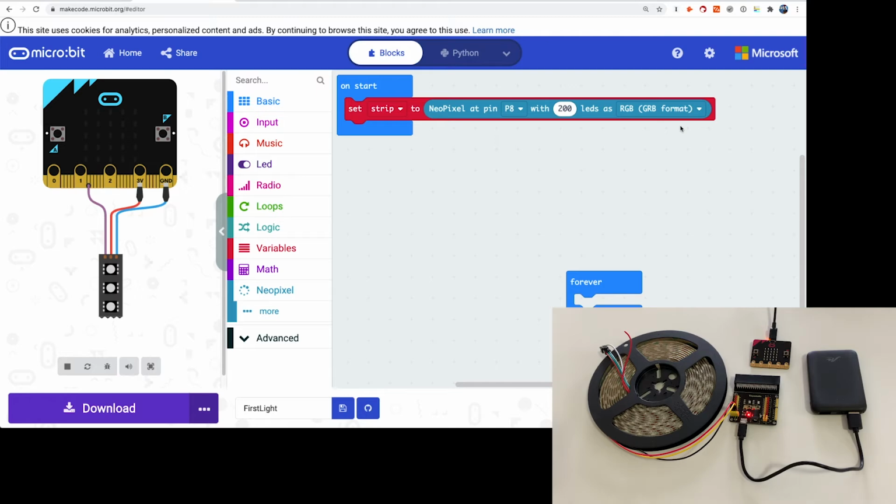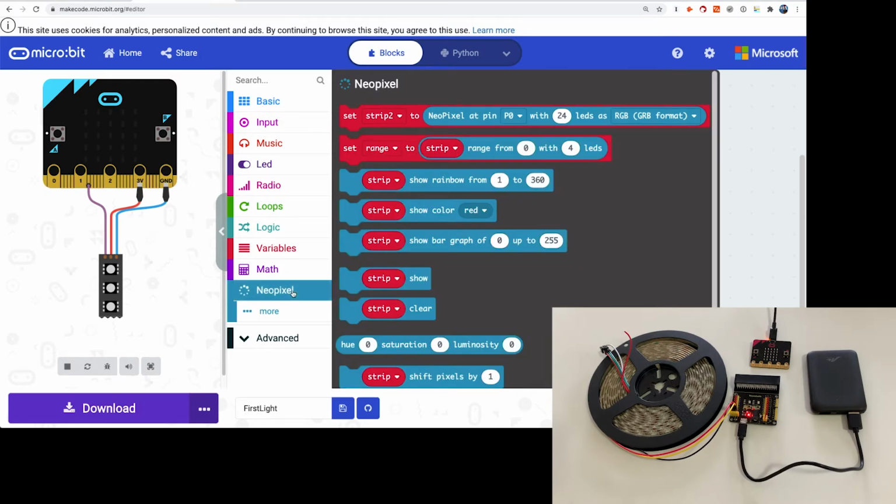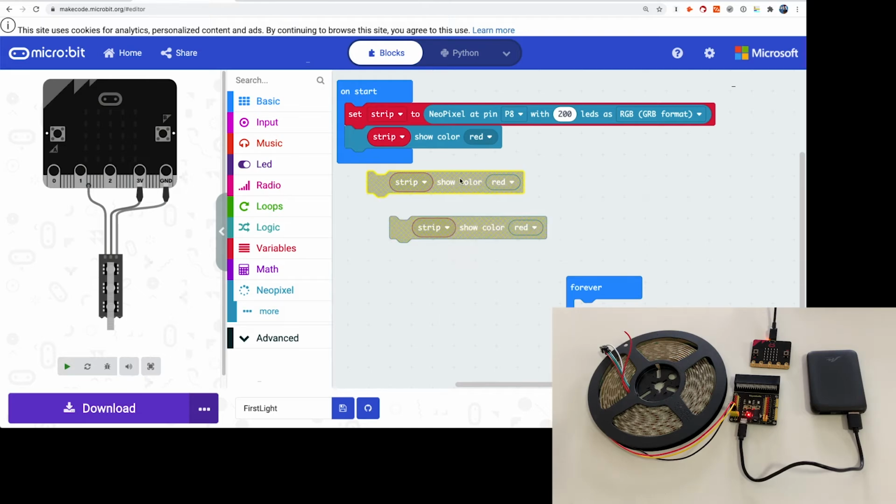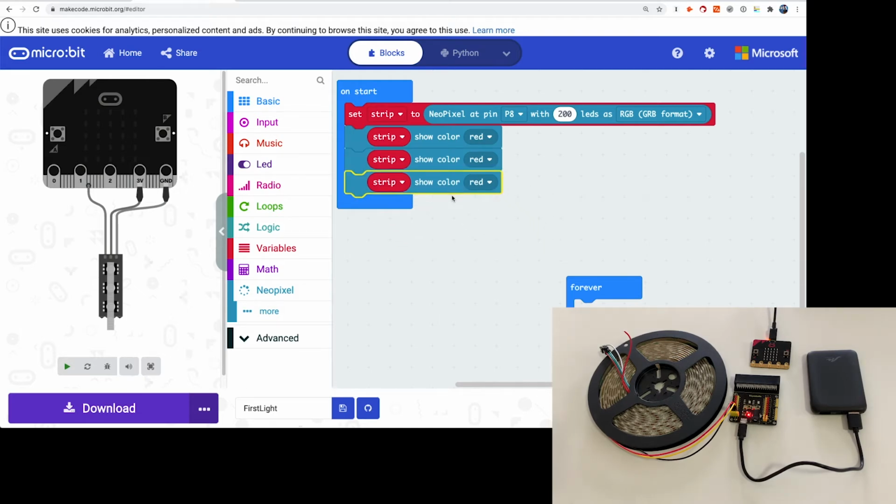Now, for a first time running this, just to see that our LEDs are hooked up and to do something basic, let's set up a startup flashing of a few colors. So we'll go back to the NeoPixel category and do show color. We'll bring it into our block. I think we'll have it flash three colors, and it's really easy to just right click and duplicate and then put these in here. So it's red, and then I think maybe I'll do purple next, and then I'll have it go green